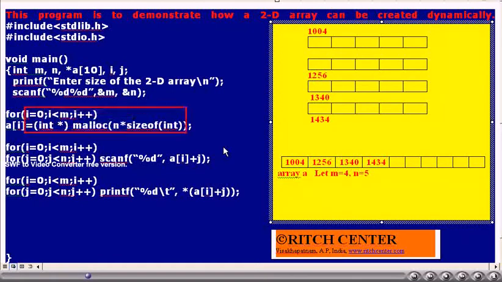When i is equal to 3, the fourth row of the 2D integer array is created by calling the malloc function. Its base address 1434 is stored in A[3]. Like this, A[0] contains the base address of the first row, A[1] contains the base address of the second row, and so on.